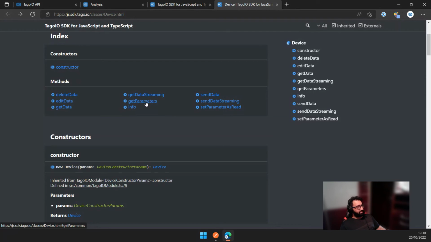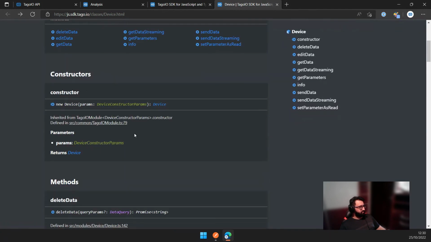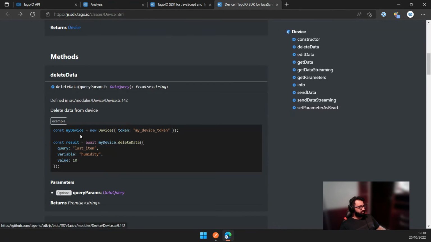You can get the configuration parameters. You can change the configuration parameter, and several other functionalities here. And usually you have this quick example of how to perform with this method. So you instance the device and use the delete data. And you can see here we have the option to send all the